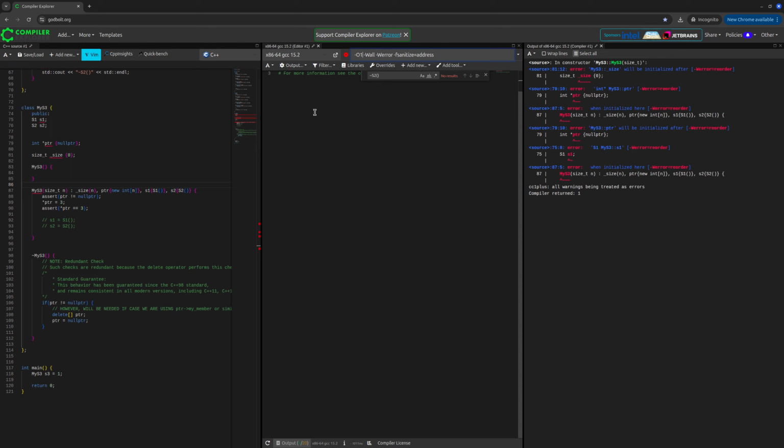One use case is the union members may not be initialized. That's the kind of error we would get from O1 on. And another kind of error is, or are we gonna get that there? One second. Yeah, another kind of error we would get at